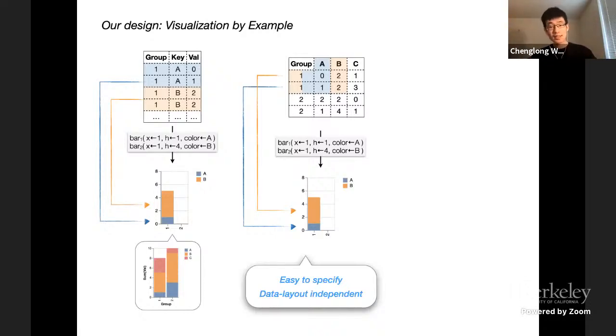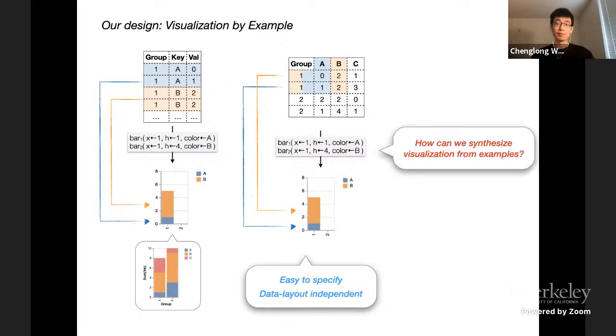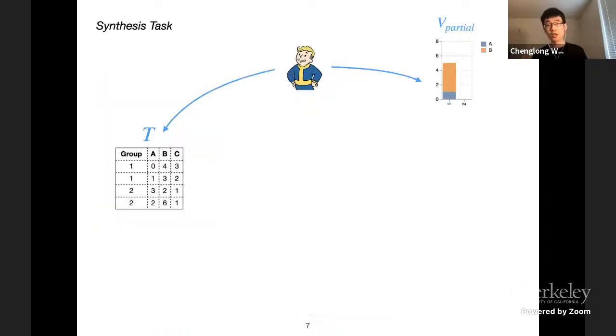Of course, we make it easy for users, but we make it harder for computers, because we need algorithms that are able to generalize a user example into programs that can visualize a full data set. And now let's look at the algorithm perspective of this problem. How can we have computers solve this task? Let's take a look at what our machine needs to do.